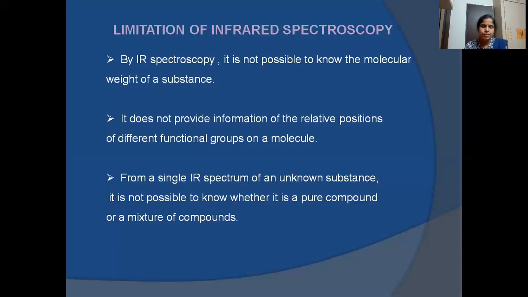So if you remember these main important points and practice as many spectra as you can, take an unknown spectrum and try to solve it. First look for the bands at the 3000 mark, then try to interpret each and every band. The main thing is you have to consider the intense bands, so try to interpret all the intense bands first. If you keep on practicing, you can become perfect in the interpretation of IR spectra.